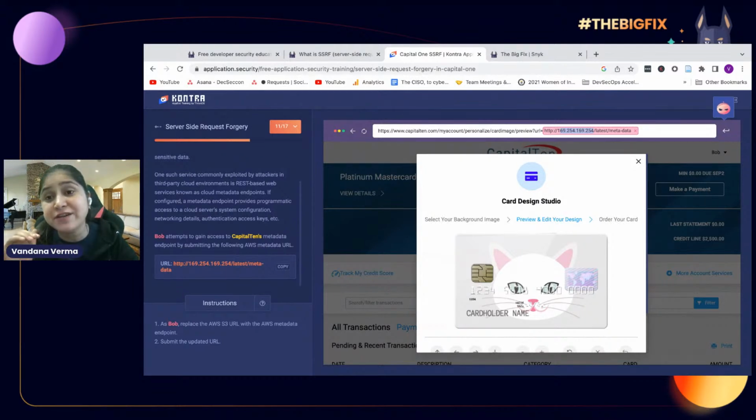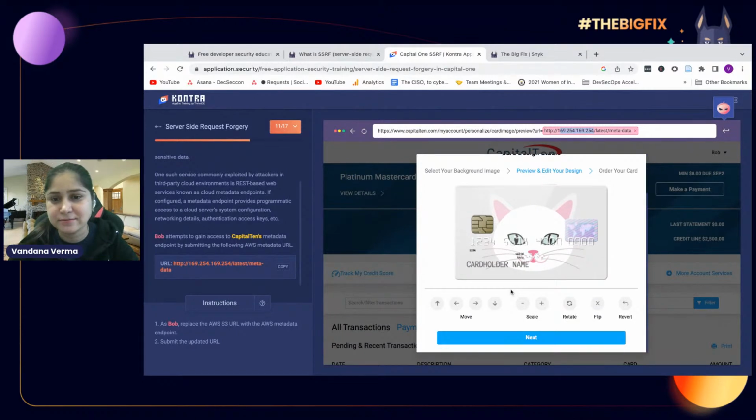Not necessarily every application is vulnerable to SSRF. And not everyone is hosting their data on AWS. Could be on GCP, could be on Azure. So we're just trying to exploit what has happened with Capital One. Now let's see what information we got.